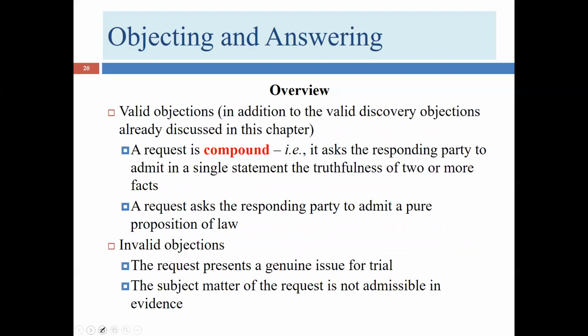So let's look at the objections that you might be making. We've already talked about the first, which is that the request is compound. It actually, instead of being a single statement, includes more than one statement. And the second one is it's a pure proposition of law. Things that are invalid objections are when you say, this presents a genuine issue for trial. In other words, I want the jury to decide this. I don't want to be put in a position where I have to admit or deny it, which usually means you'd have to admit to it, and you don't want to be put in that position. The fact that if you deny it, it would be a genuine issue for trial doesn't mean that you have the right not to